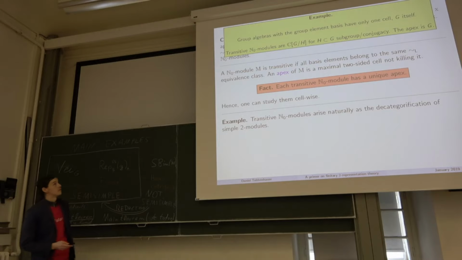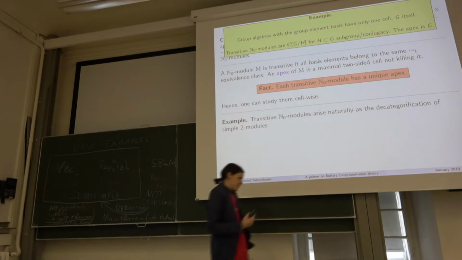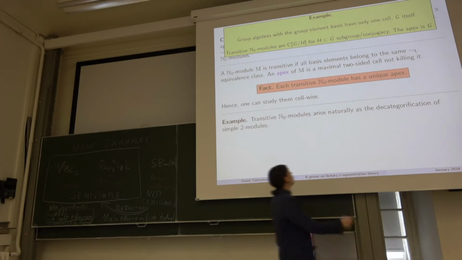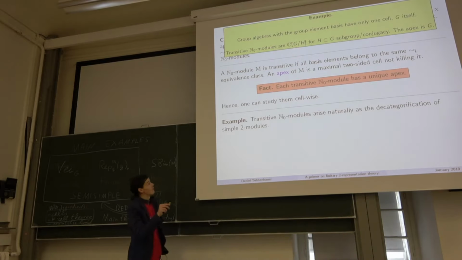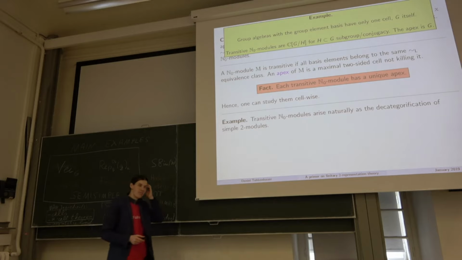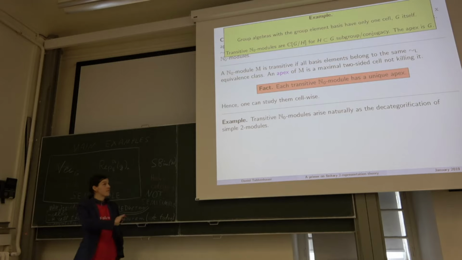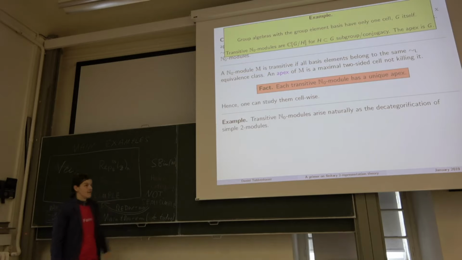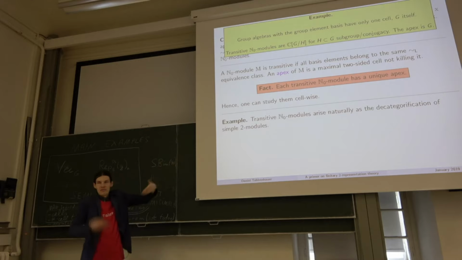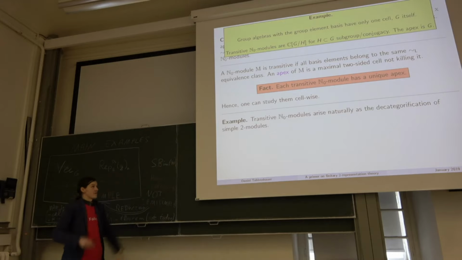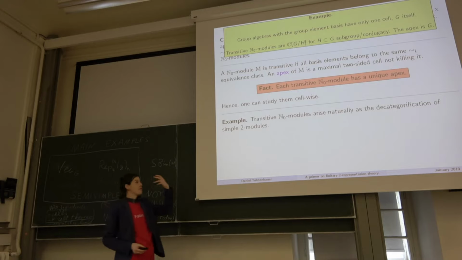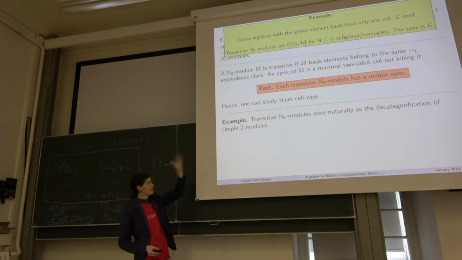Okay. And the transitive modules, you can actually check quite easily now what could be the transitive modules. They're exactly given by specifying a subgroup and by letting your group element act on the conjugacy classes. And this gives you the complete description of the transitive modules in this situation. And the apex, of course, of this guy is G itself, because there is only one apex and everything is invertible anyway. And this is kind of the whole drawback of the theory.